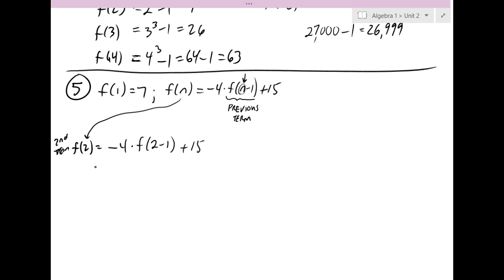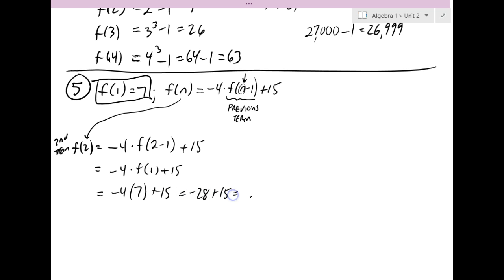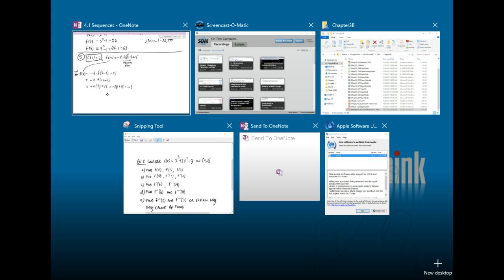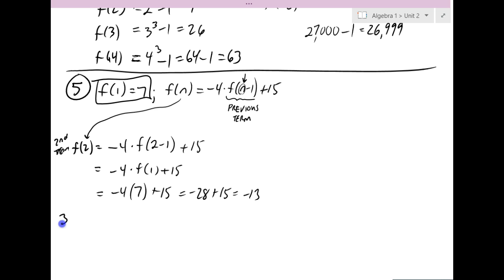Okay? So then we have to go through this in several steps. Negative 4 times, well, I know that 2 minus 1 is just 1, so that's really f of 1. And do I know f of 1? It was given right here, it is 7, plus 15, and that is negative 28 plus 15, which is negative 13. Okay? And then to get the third term, still don't write yet, just keep watching. Okay? So the third term,